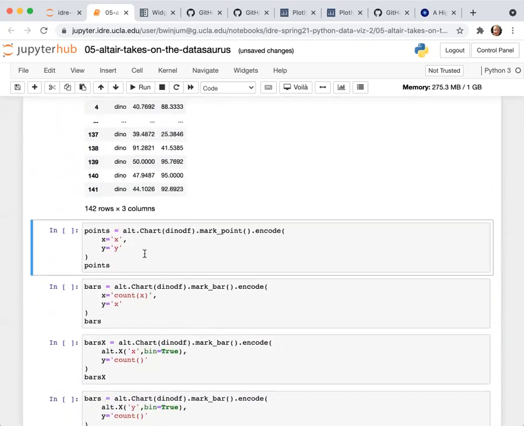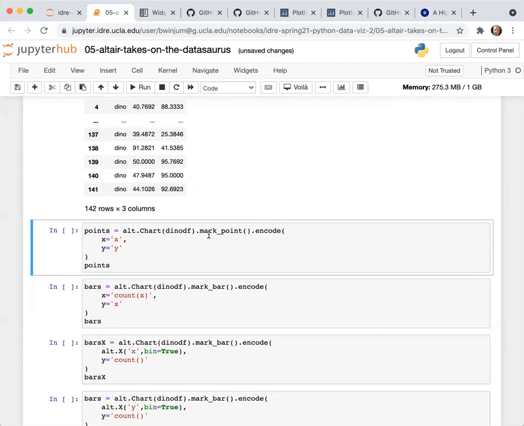So to generate a plot with Altair, alt, remember, is the alias for Altair, we build this up in pieces. The first thing that we call is Chart. This is your fundamental graphic object. To Chart, we pass in the data that we want to use for that chart, which here is our data frame.